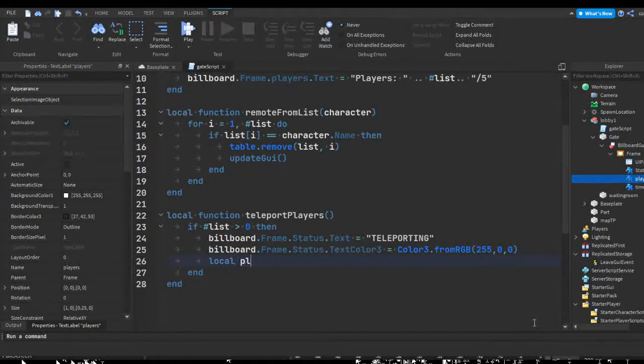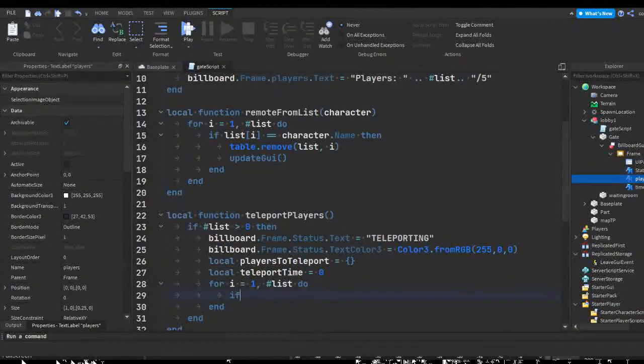Then we're going to do local players to teleport equals, so we're making an empty list called players to teleport. Then we can do local teleport time, and then let's keep this 0 by default. This is just how long we're going to wait to teleport. So for I equals 1, and the number of values or objects inside of the list, we're going to do if game dot players find, or let's do find first child, and then we're gonna find the first child that's named